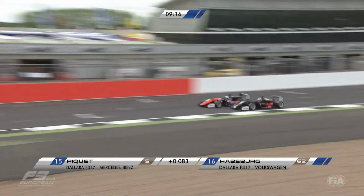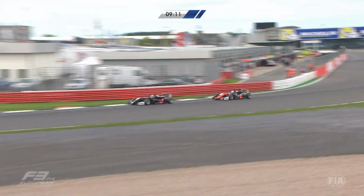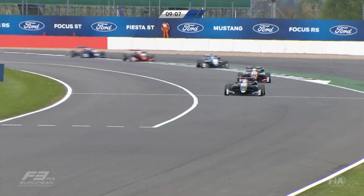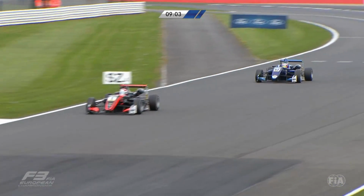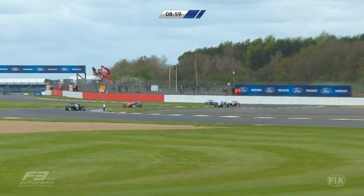raced in the Euro Formula Open Championship last year, got a couple of wins, and look at this, number 33 charging around the outside again. It's Marino Sato, another brave move. He's impressive, isn't he? And getting away now from David Beckman, so that's up to 12th place. Well, he's pulled off a couple of stunning moves in the last 2 laps, one here at Beckett's and one